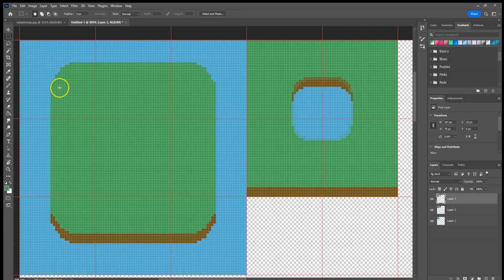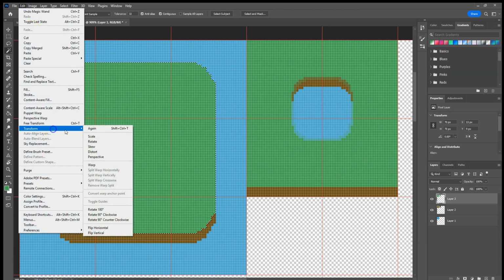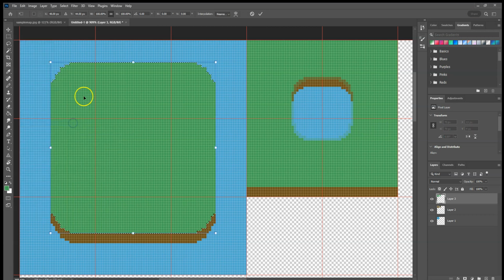And now we actually want to shrink these areas down just a little bit here. So let's use our selection tool. I'm going to deselect here first. And let's use our magic wand tool and grab just this one zone here. And let's do Edit and do Transform. And we can do several different options here. We can, of course, have different options to like scale, rotate, skew, or you can just do a free transform